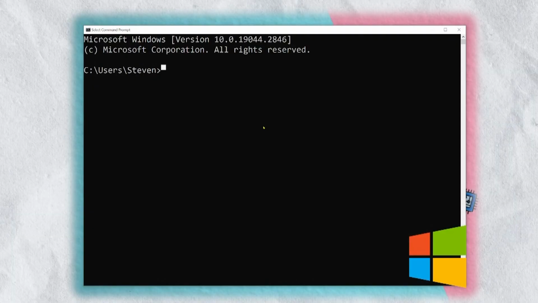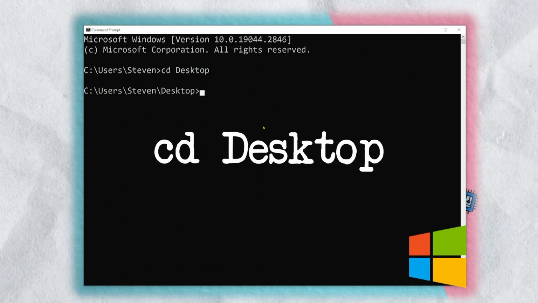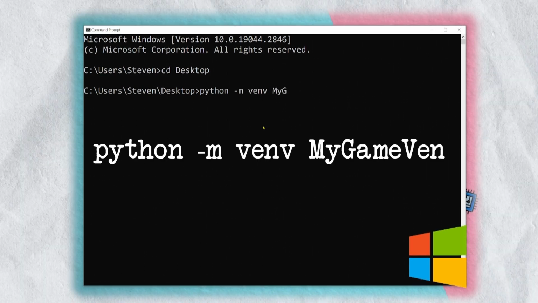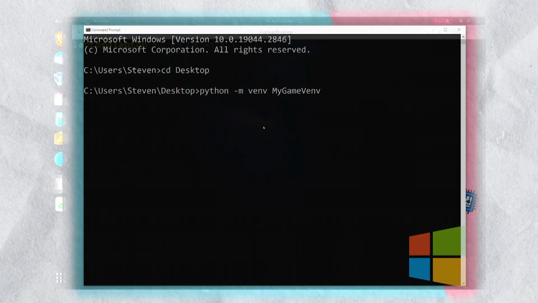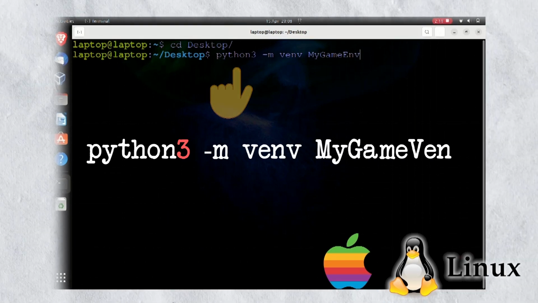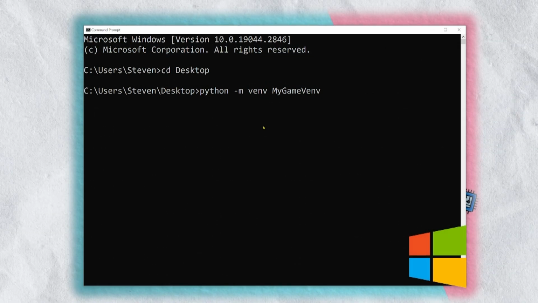Open up a command prompt or terminal and cd, or change directory, into the folder where you want to create a virtual environment. Now type python -m venv and then the name of your virtual environment. On Linux and Mac, change python to python3. It will take a few seconds for Python to construct our virtual environment folder, but once finished, we must activate